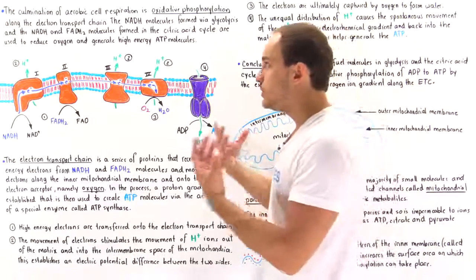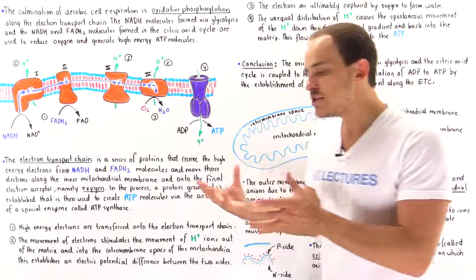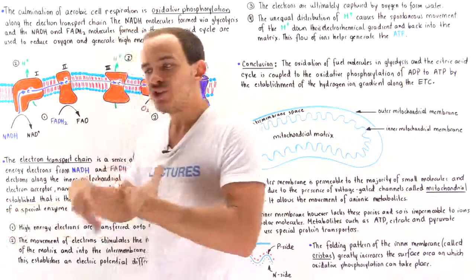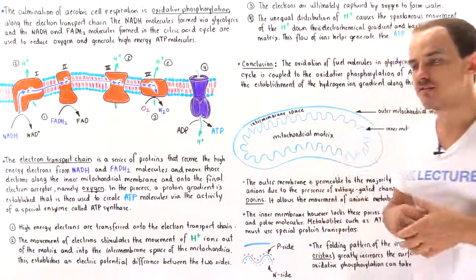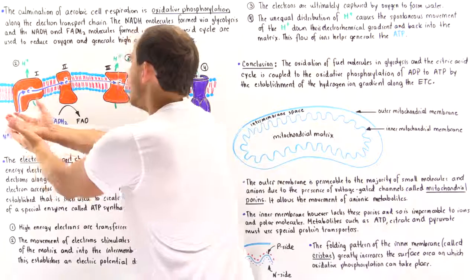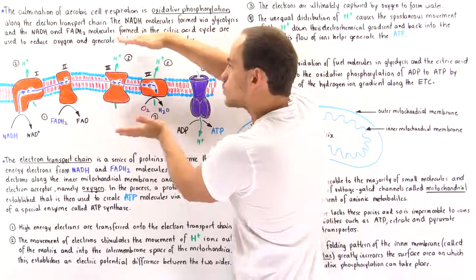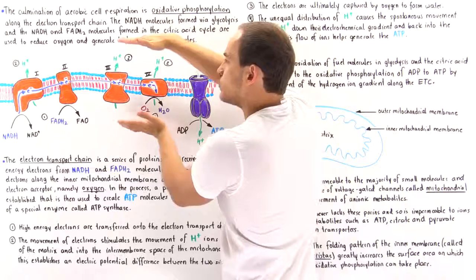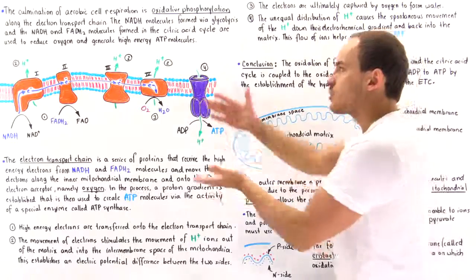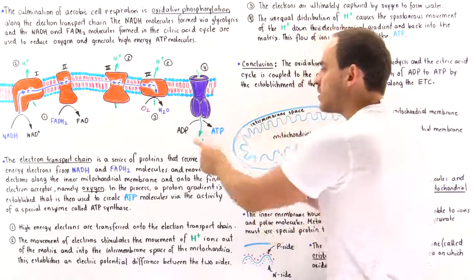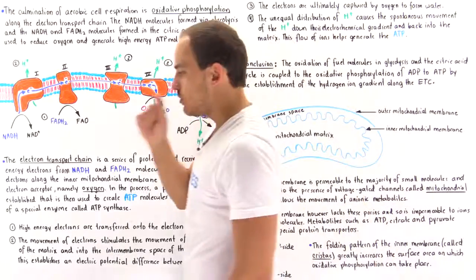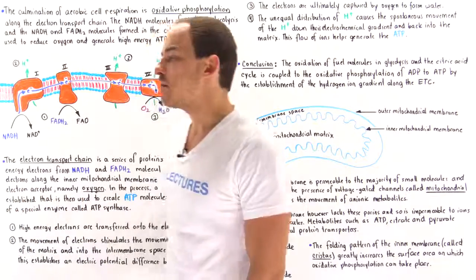So what we're ultimately doing in aerobic cell respiration is we're transforming one form of energy into a different form of energy, into a form that we can actually use by the cells of our body. So we basically transform the energy that is stored in the movement of electrons into the energy that is stored in the gradient that exists between the two sides as a result of the unequal distribution of H plus ions. And then we ultimately transform that energy into the energy that is stored in the chemical bonds of the ATP molecules, because it's the ATP molecules which can be used by our cells to carry out a variety of different